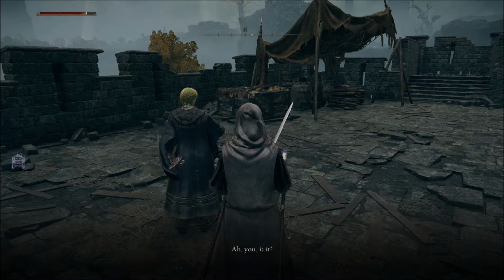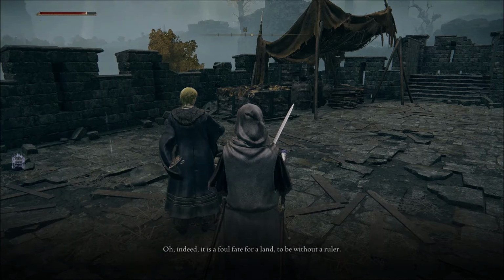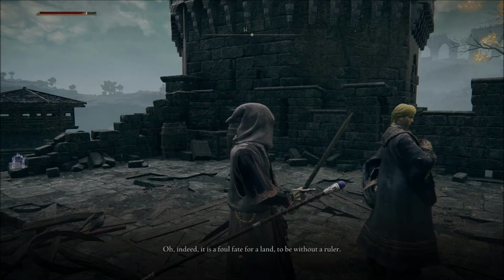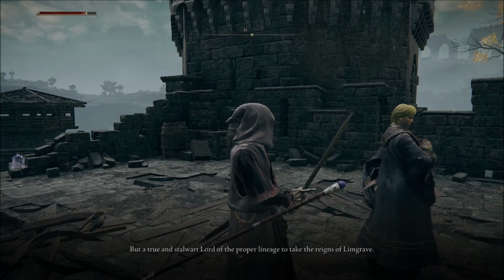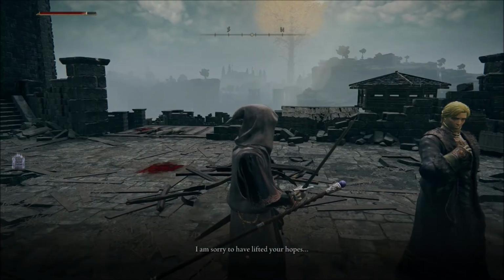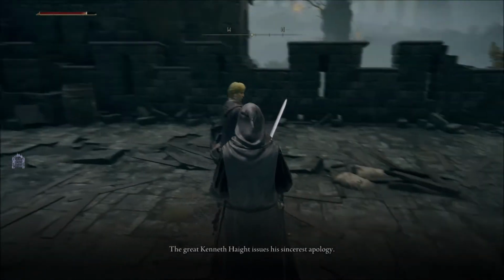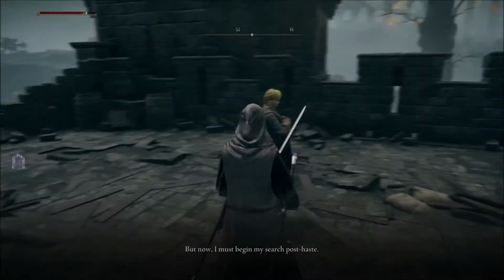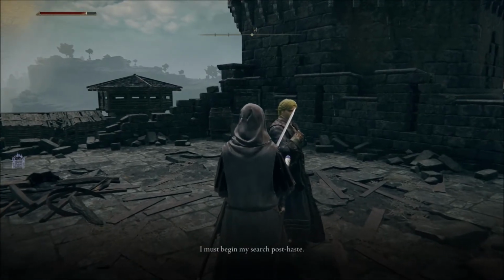Ah, you, is it? I suppose you must have seen it by now, yes. The sorry state of my fort? Oh, indeed, it is a foul fate for a land to be without a ruler. One must be found with haste, and not that awful Godrick, but a true and stalwart lord of the proper lineage to take the reins of Limgrave. I'm sorry to have lifted your hopes, but I haven't the authority to raise you to knighthood as things stand. The great Kenneth Haight issues his sincerest apology. But now, I must begin my search post-haste for a true and stalwart lord of the proper lineage to take the reins of Limgrave. I must begin my search for a true...